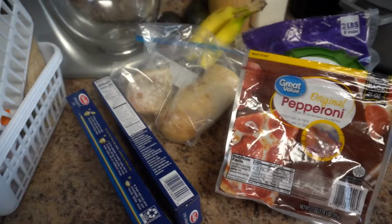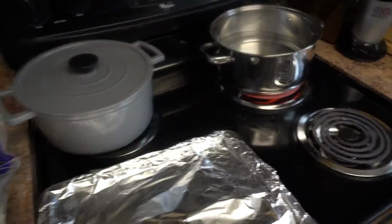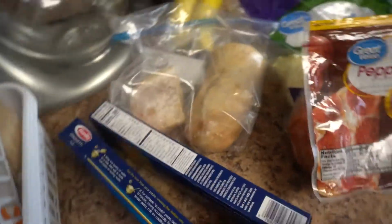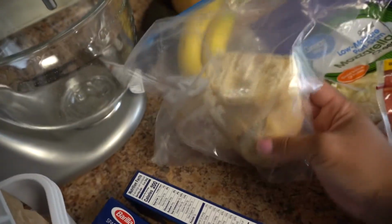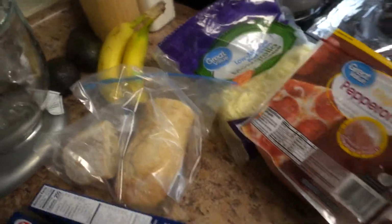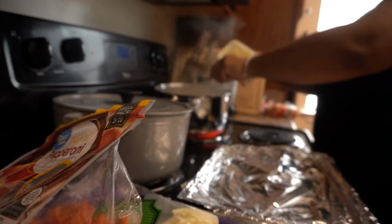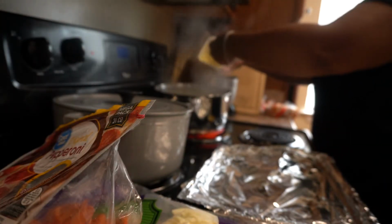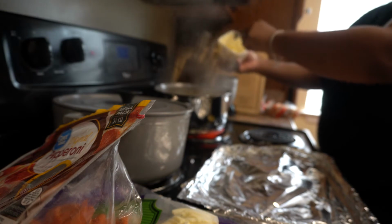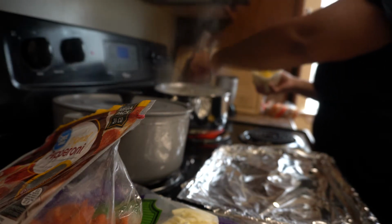On Wednesday, I made spaghetti, and I used up what was kind of leftover from the previous week. So I had some leftover sourdough bread that I ended up cutting up and serving with this meal, and then some leftover pepperoni from the previous week. And so I am just here adding a little butter to my water, and then I add in the noodles, let those get cooked and